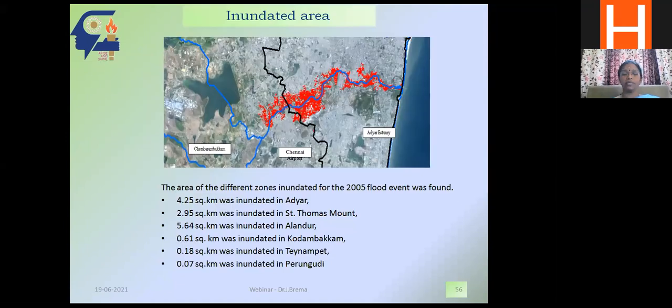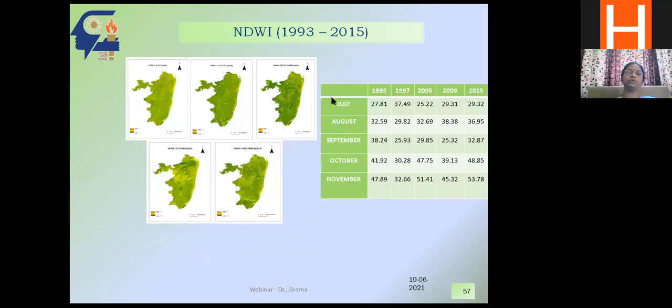This inundation study can be done based on your maps directly, taking the water level at various places, and we have some hydraulic modeling also. Based on that, you can do it. Or another method that is available is NDWI. What I was talking about for the coastline, the same thing you can apply for inland also. You can quantify what is the water quantity available inside your study area. It's called the normalized differential water index. So this is done for the monsoon period.